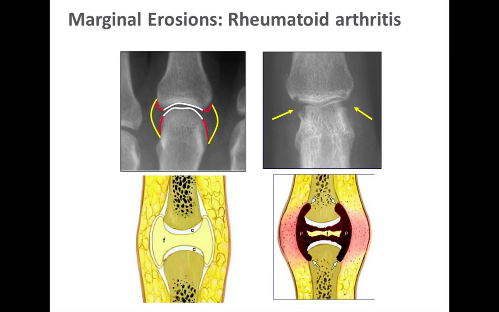Just a review regarding rheumatoid arthritis and the presence of marginal erosions. This is indicative of an underlying synovitis, where the synovium is inflamed, creating an ingress of inflammatory cells into an area between the hyaline cartilage and joint capsule, known as the bare area. And we can see on this upper right example of this X-ray, these marginal erosions that can be seen in